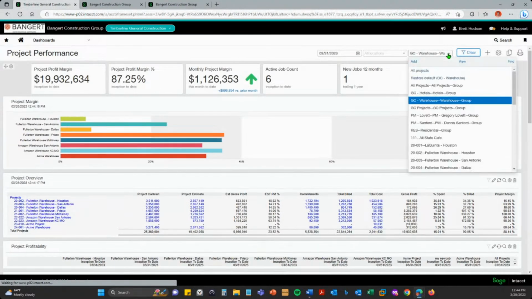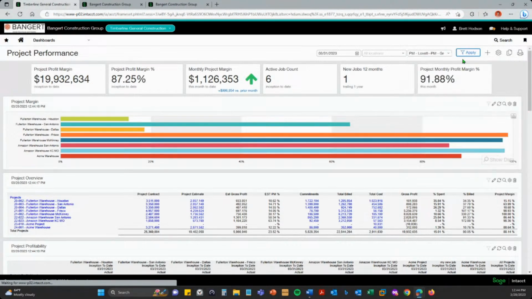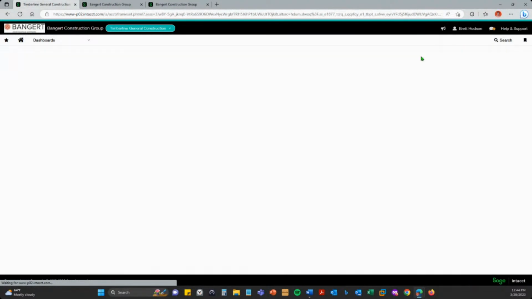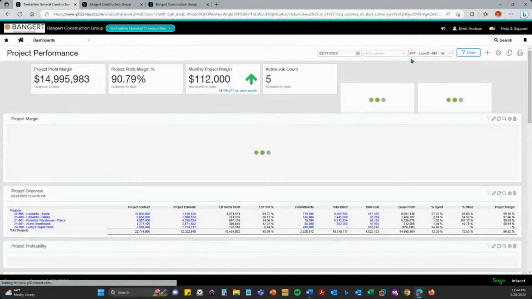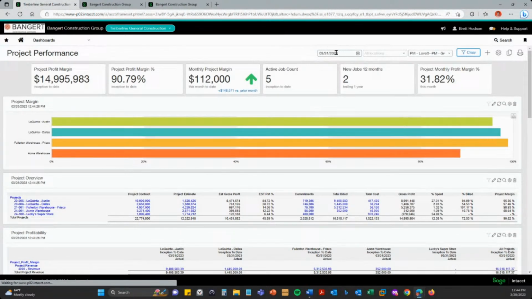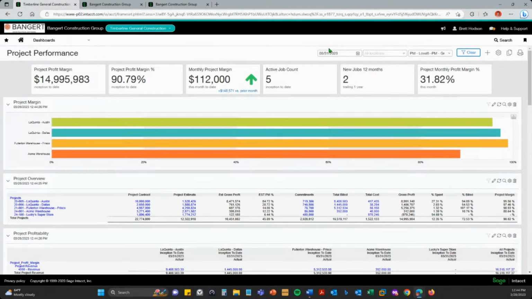And we could move over and look at things for the warehouse group. Likewise, doing pretty well there too. Or we could look at things by project manager. Again, if the system is set up such that as a project manager's signing in, they would only see their information, and that's all they would have access to.